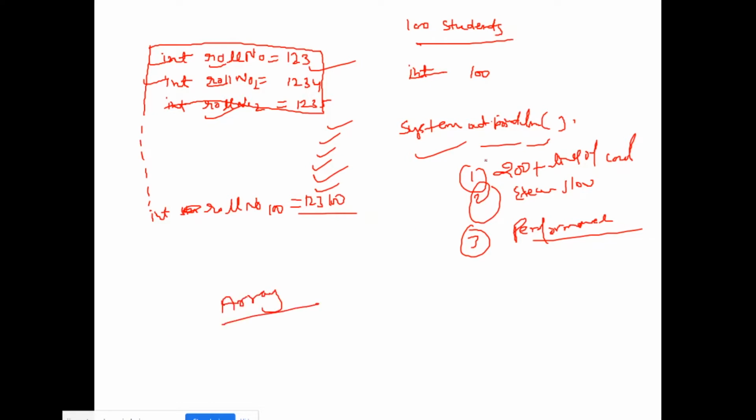How we can reduce this System.out.println, just run the loop from 1 to 100, right? And how we can store these values inside a single variable, just define an array. I hope you guys got why the use of array, right? Everybody got it?